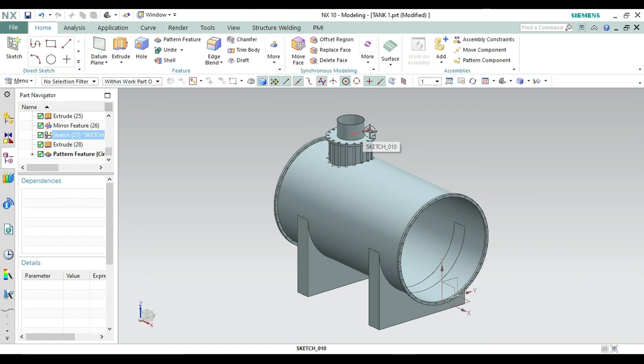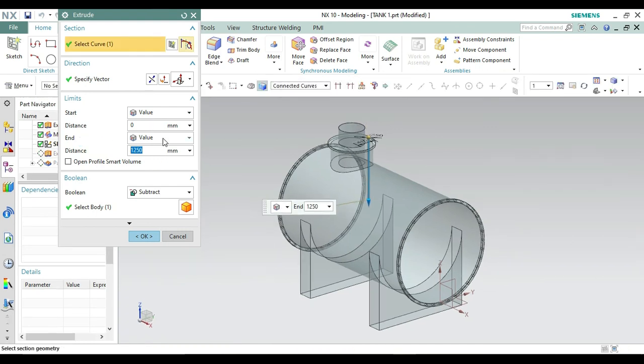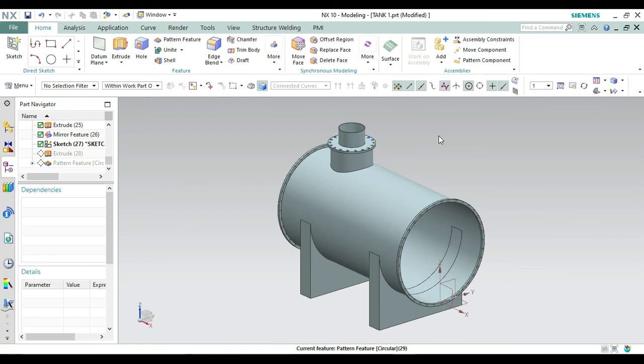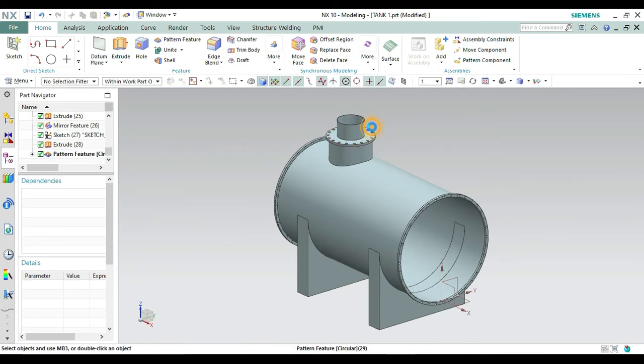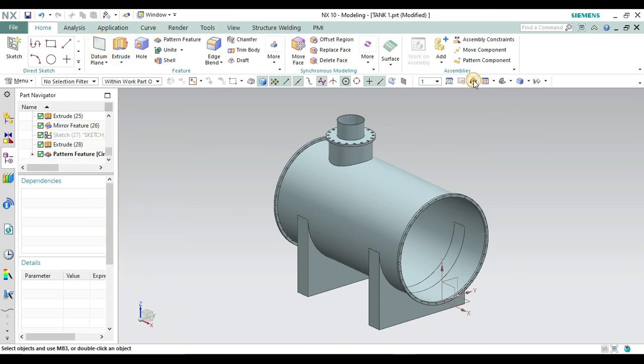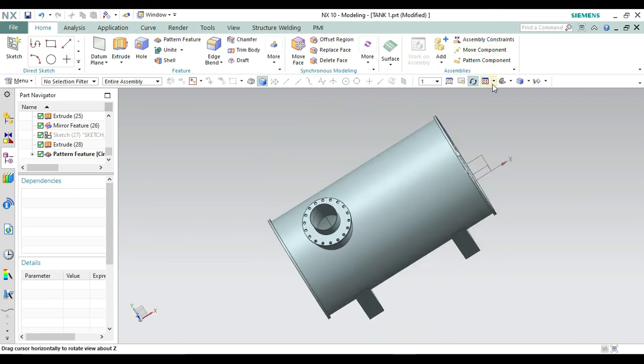No, it's not. So first from here taking the extrude, let's make it until, not to next, let's make it only 40 and make it okay from here. Now let's see if it will work. Okay, now it is the right one. No, we don't need to make this one, we have to hide this sketch. Now let's see. Okay, now it is perfect. We have to make the distance of only 40 for that extrude.